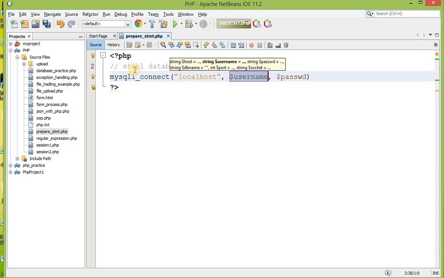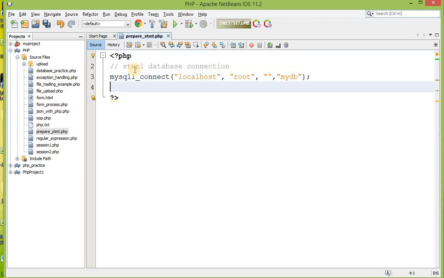After that the username, and in MySQL my username is root. After that the password, which is simple, and the name of my database, that is MyDB.